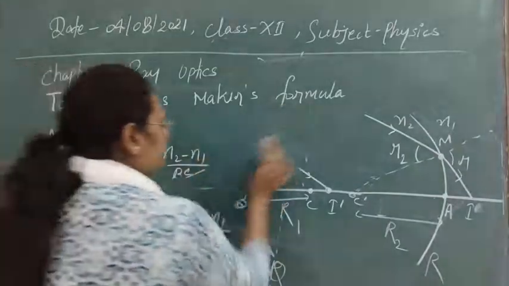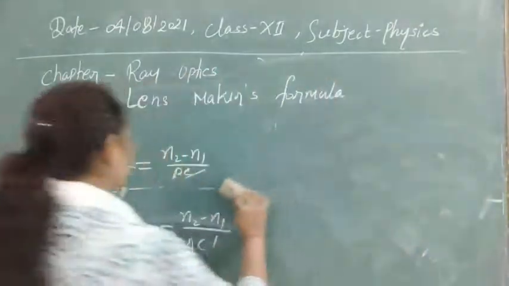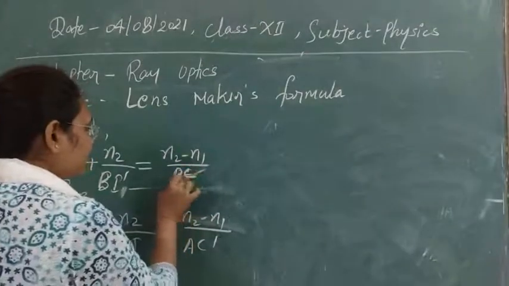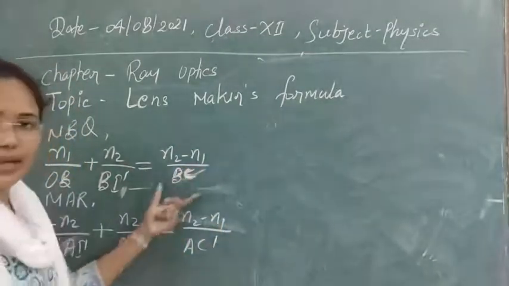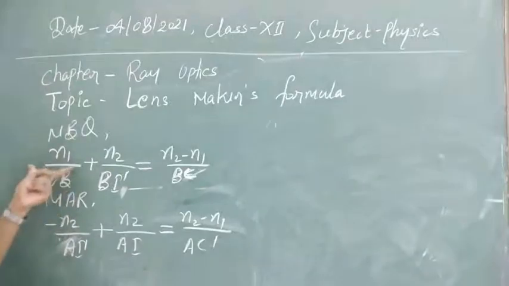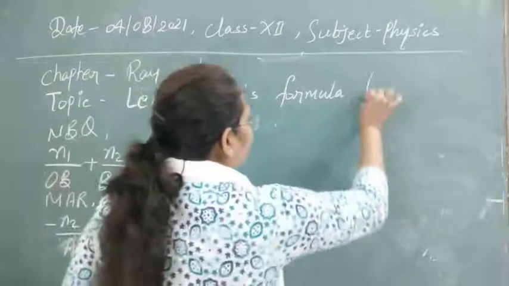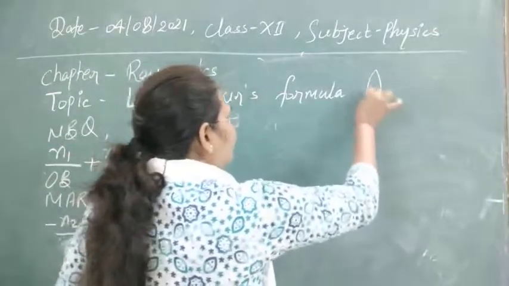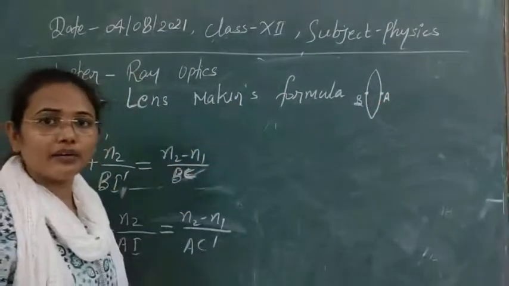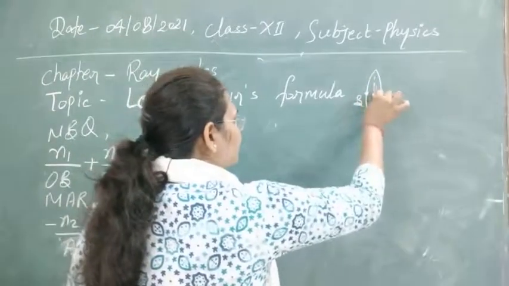Then I am going to rub this out first. I needed the figure, but due to lack of space I have rubbed it. So as you have the figure, let's see now in the figure. If you see these distances, and as I told you in the starting, if we have this kind of lens, then these are two optical centers. One we have named B and the second is named A. In your figure you can see these two, and the line passing through is called the pole.